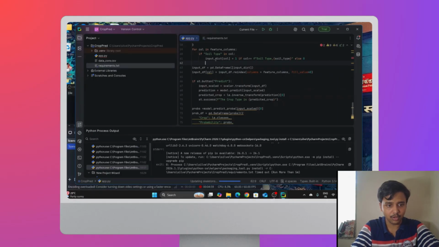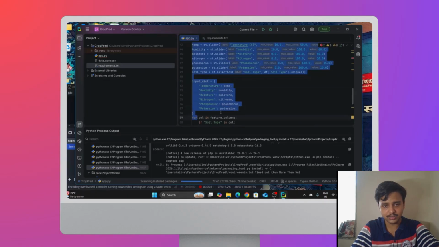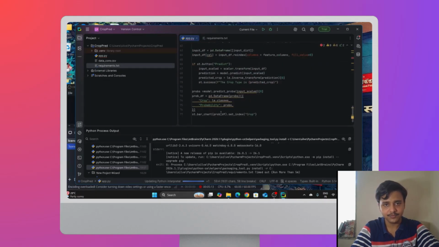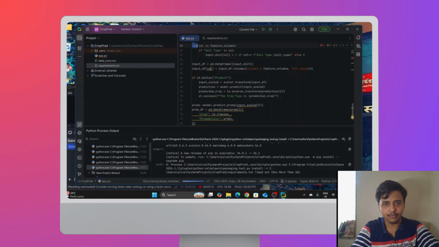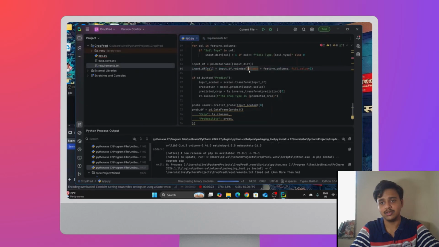So this is the for loop which will go through the input dictionary columns, and input df equals pd.DataFrame of the input dictionary. This input dictionary, we have defined it as the input dictionary, right? And input df.columns equals input_df.reindex. So we are defining the index again for the feature columns value, which will be first filled with 0.